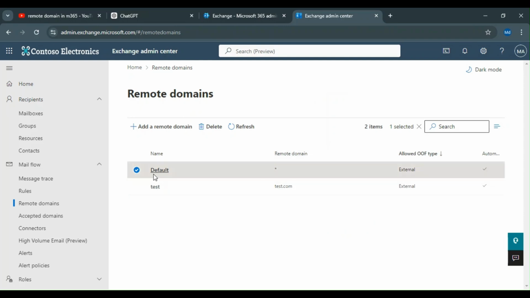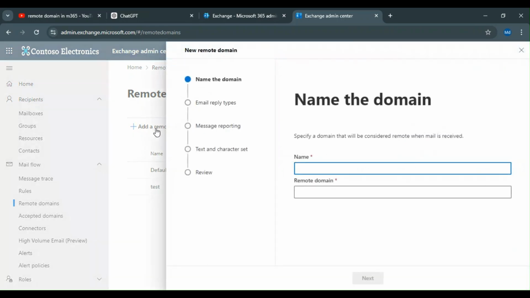But if you don't want to share some kind of automatic reply with a particular domain, it's up to you. You can easily create that in the remote domain. Remote domain is basically to manage external users, or we can say external domains, to share or restrict some status if the internal organization is using it. Okay, so we can just go with